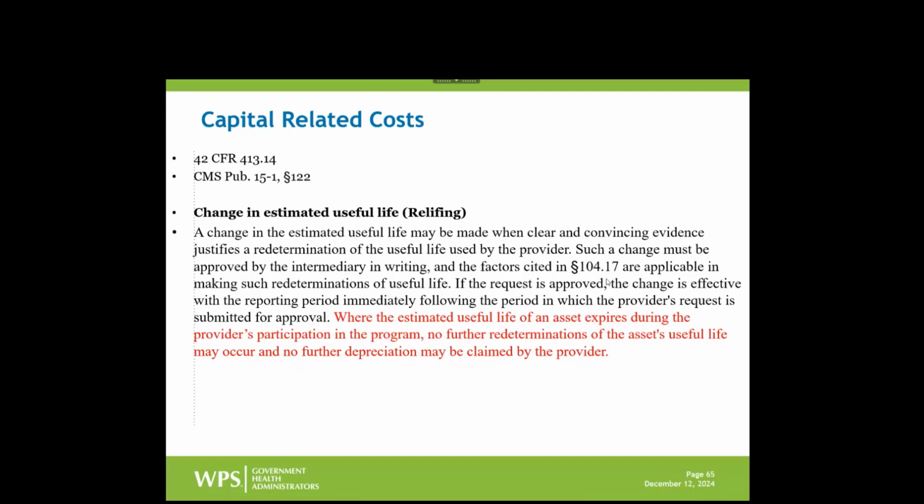Now, the other thing I should have mentioned at the beginning, for facilities like a critical access hospital, capital is extremely important. For new hospitals, acute care hospitals that are brand new in a brand new building, then it's important for the first 2 years because you get cost reimbursement for that. For other facility types, again, it may have a small reimbursement impact, but it has a huge data impact for CMS. So it's important, regardless of what it does to your reimbursement on this current year. That's why we even bring these things up.